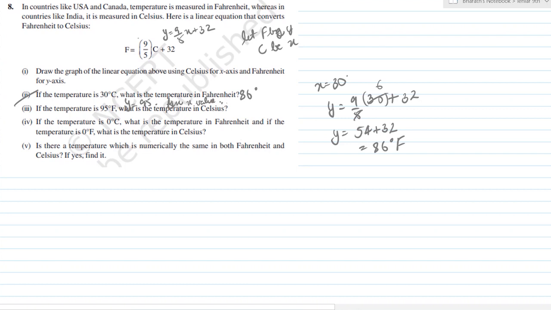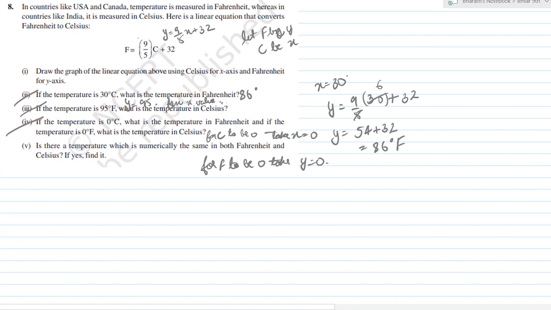That's all in this question. Do it on your own. I know it's lengthy and a hard calculation, but you have to do it. If the temperature is 0 degrees Celsius, what is the measure in Fahrenheit? Same thing. Here, for Celsius to be 0, take x to be 0, and for Fahrenheit to be 0, take y to be 0. Done. That's all. You can do it on your own. This also you can do.